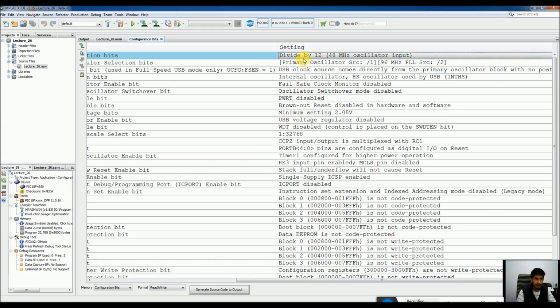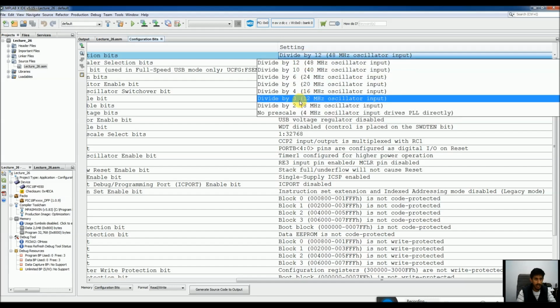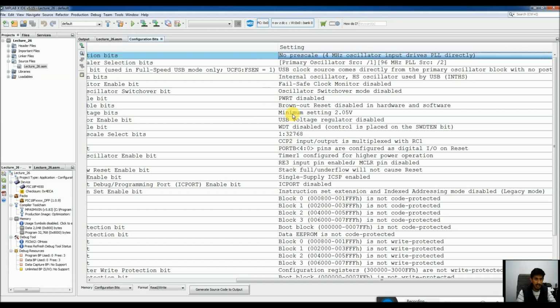Whatever the clock source is, it will act as it is. For example, if we have a 4 MHz crystal oscillator, 4 MHz will be the primary oscillator's frequency for our microcontroller. But if we use no prescaler, then it will be multiplied by 12, so 48 MHz will be our primary clock frequency. I will demonstrate it in a bit after burning it on the development board.